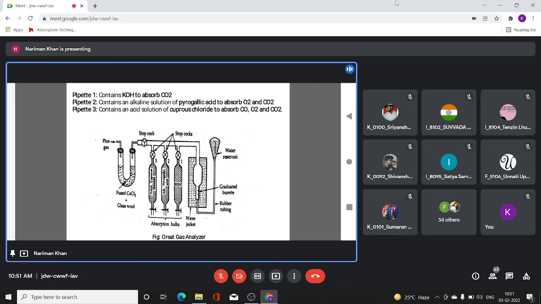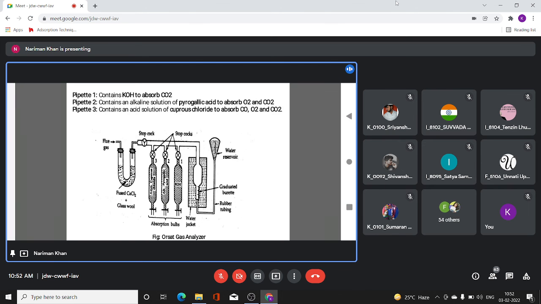Now we will not allow these gases to pass into the burette completely. With the help of the water reservoir and rubber tubing, which is provided for this purpose only,